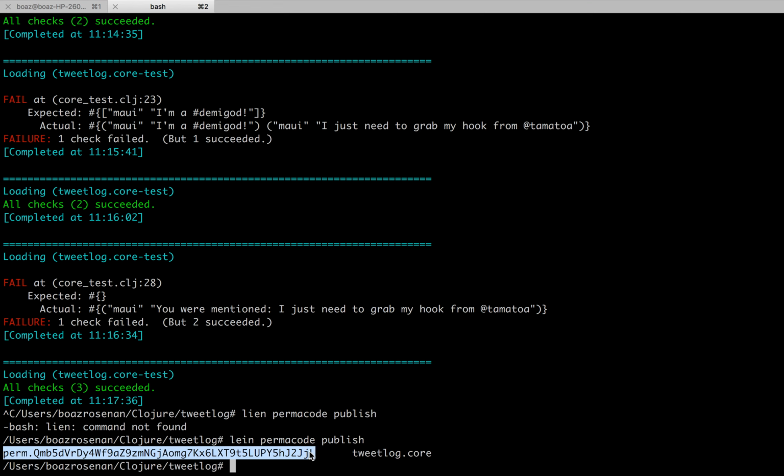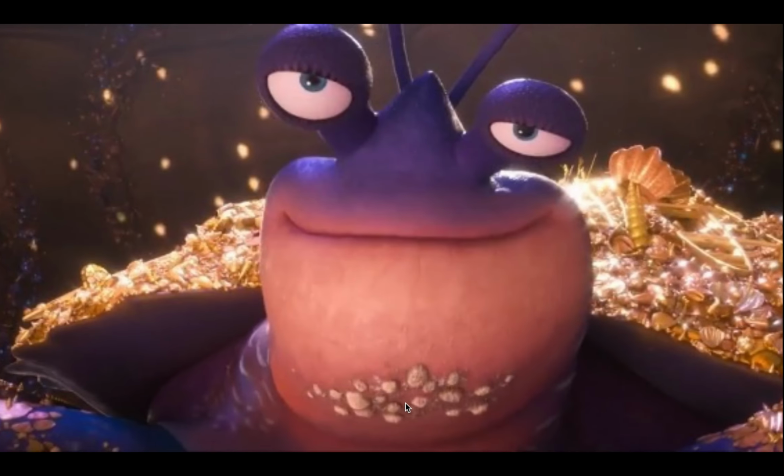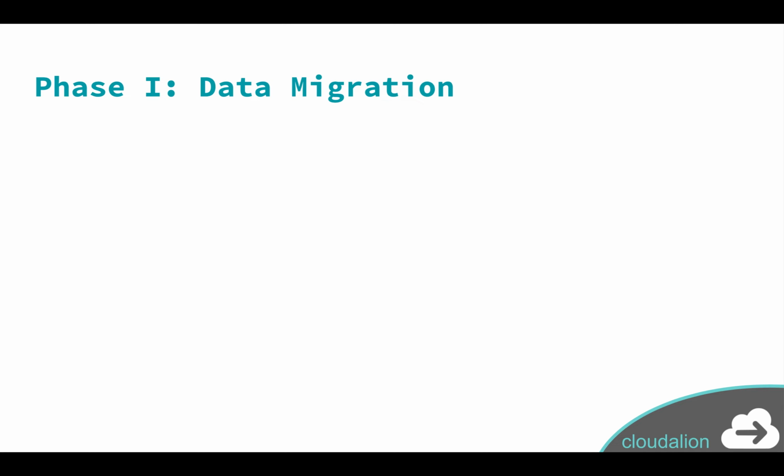So this is a unique identifier identifying our specific version of the rules and clauses that we created. So basically what we can do with that is send it to Axiom, upload it to Axiom,